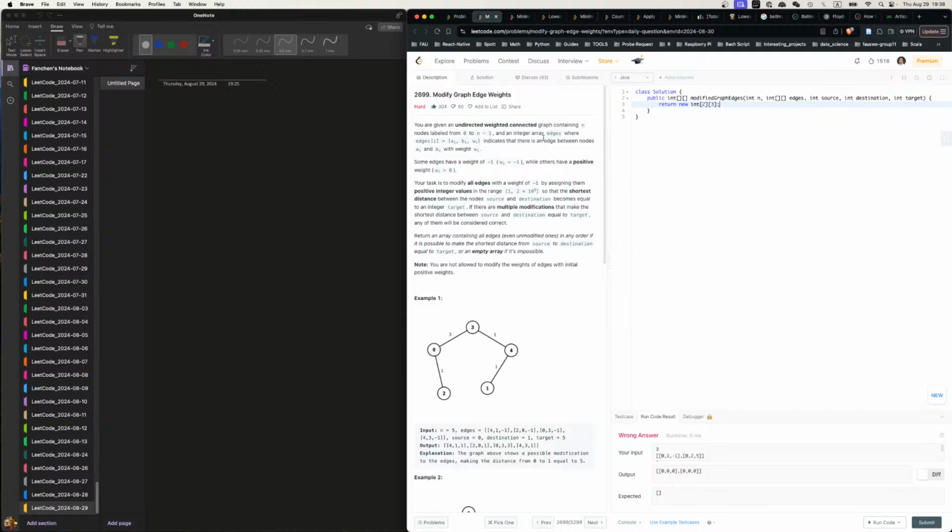Because if we make changes to the shortest path, if it is part of the second shortest path, yeah, essentially what we need to know is